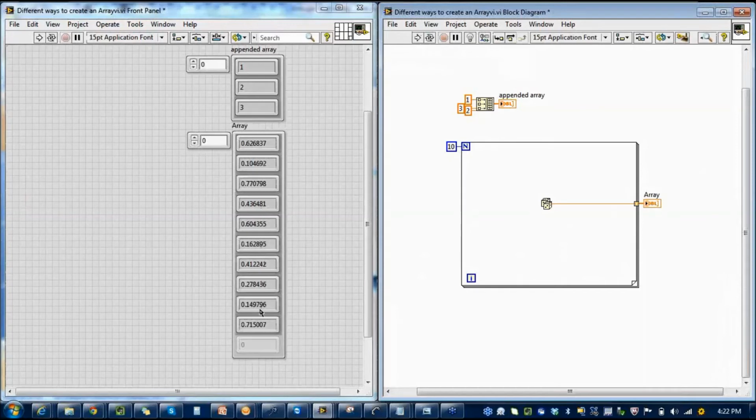Now I'm just using a random number to demonstrate how arrays can be created programmatically. In your application, you might go on to actually implement a logic here, thereby creating an array of the output of it. I can also give i right here. And now when I run it, I will get the values of i, which is 0 to 9.